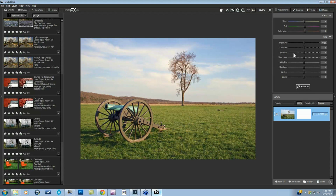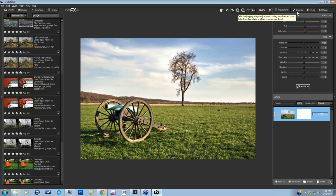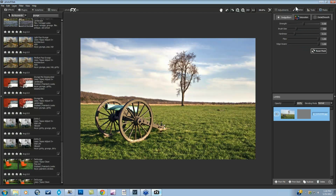One of the things that people have requested, and one of the fun things, is our selective adjustment brushes. So let's go ahead and take a look at that with this image. We have dodge and burn, saturation, and detail and smooth within this particular selective adjustment panel. So let's say I want to make my sky a little bit more blue, or more saturated, I could come in to